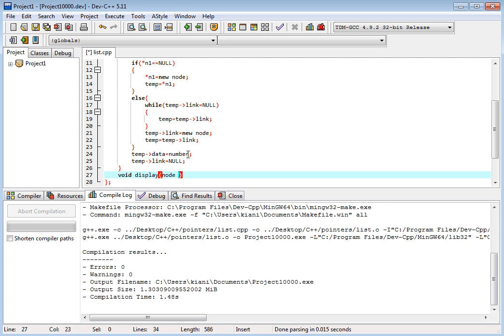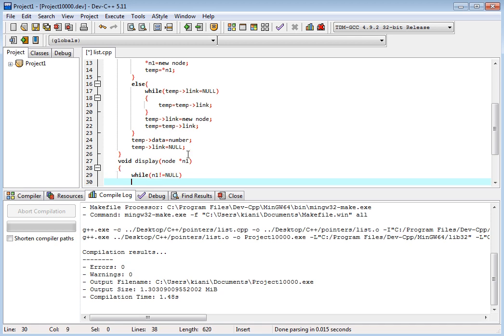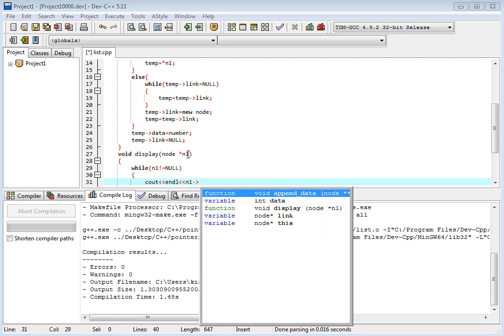And we have node and pointer to n1. This is node. We have while n1 is not equal to null, the last node. Print all, and cout n1 data.